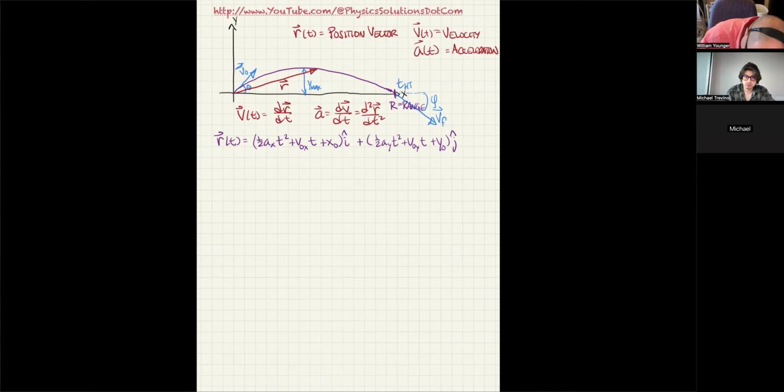Now, we could also write this a little easier with 1/2 a sub x t squared plus v0x t plus x0, comma, 1/2 a sub y t squared plus v0 sub y t plus y0, and then the greater than symbol. That's another way of writing it, so we could avoid writing i hat and j hat. We could also replace the i hat with x hat. We could also replace the j hat with y hat. That would be acceptable as well. But for projectile motion,